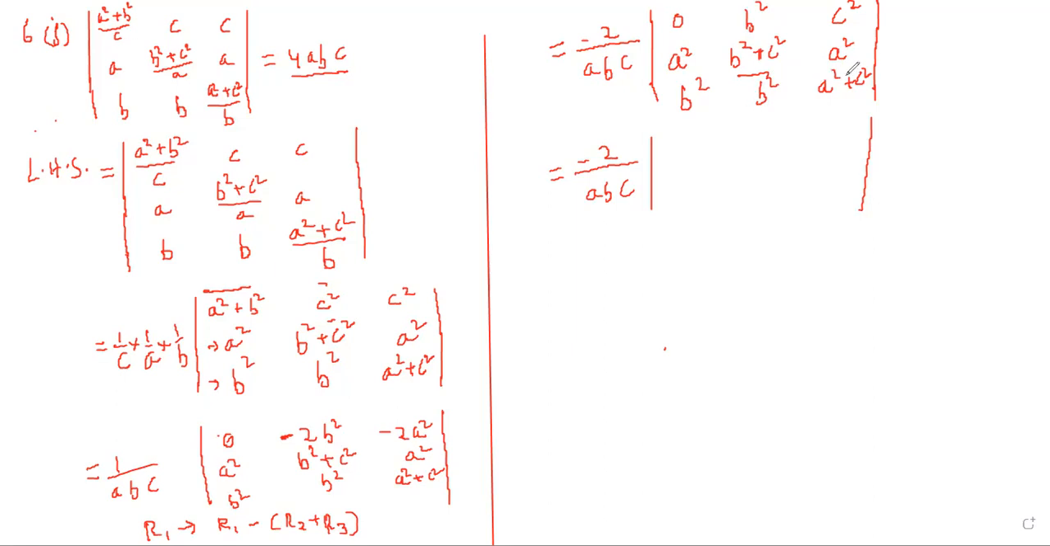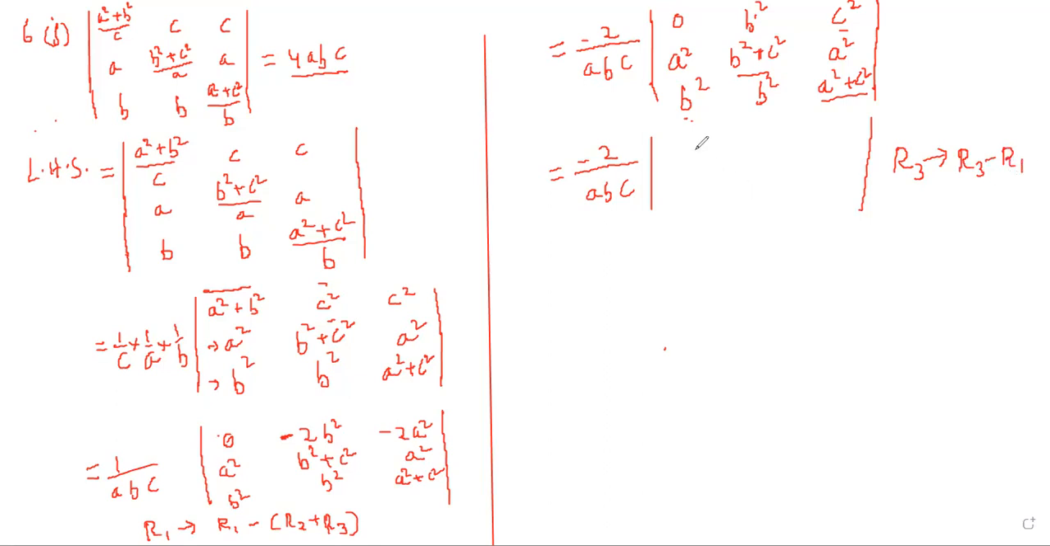Now, if we subtract R3 minus R1, it is giving a better result. As b square minus 0 will be b square. B square minus b square will be 0. A square plus c square minus c square will be only a square. So we will perform this action only, that R3 is operated as